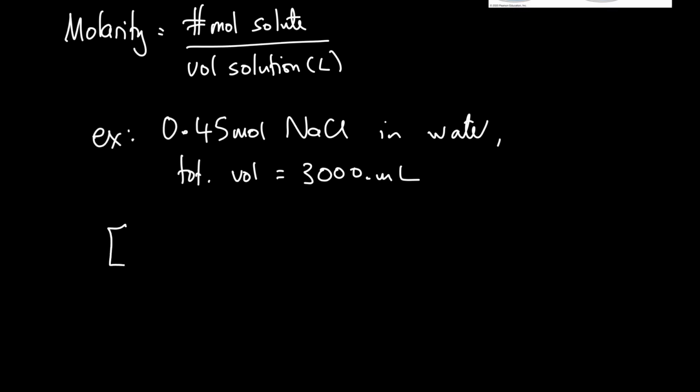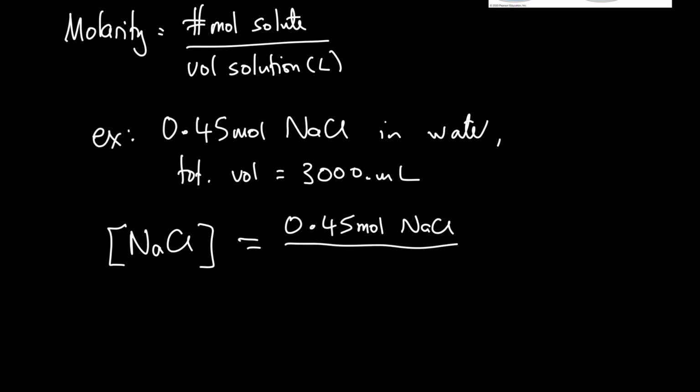Well, first of all, there is a shortcut to writing the molarity of something. What we normally do is we put the something in square brackets, and this essentially means the molar concentration of what's inside. All right, so then we just divide the number of moles of solute, so that is 0.45 moles of sodium chloride. It's good practice to go ahead and say what it is you've got moles of, because when we have reactions, we'll have two different things or three different things, so we need to keep track more easily. But we need it in liters, and we've got it in milliliters, so there's a couple of ways